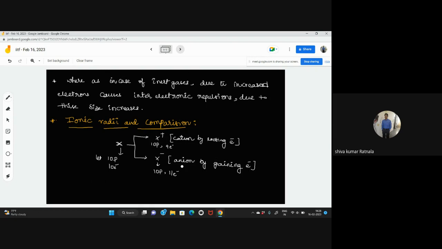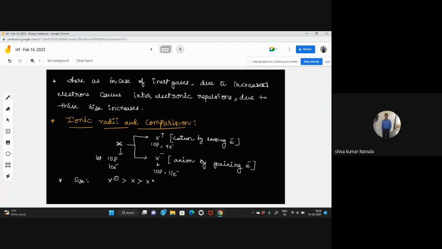So as the interelectronic repulsion increases, obviously size will also increase, right? Because of this, X minus will have greater size as compared to X, and X plus will have the least size as compared to X. That means the protons will dominate electrons in X plus. Yes. So the size order will be: X minus is highest, then X,